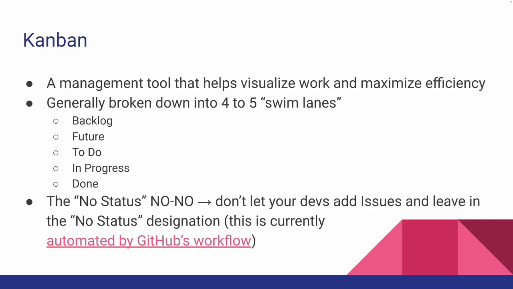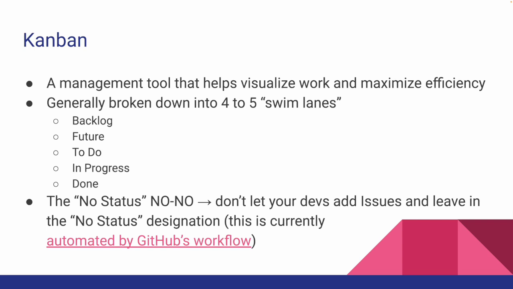All right, now for the Kanban. Kanban is a management tool that helps visualize work and maximize efficiency. It's generally broken down into 4 to 5 swim lanes. We're using 5 in our Kanbans. Those 5 are backlog, future, to-do, in progress, and done. All of which are pretty